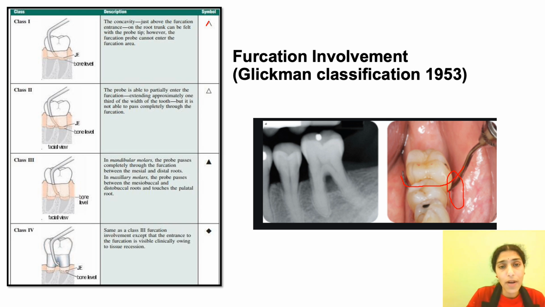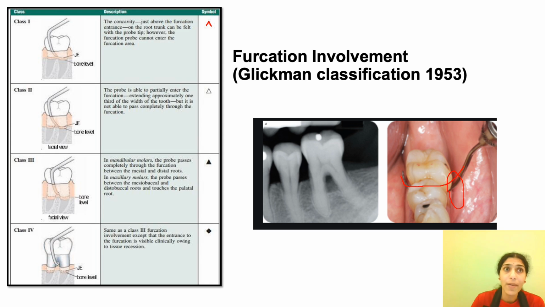These are the symbols of how to indicate the furcation involvement in periodontal charting. Next I will be discussing periodontal charting, and these are the symbols that are used to indicate the presence of furcation involvement and the degree of the furcation involvement. If it is only an angle symbol, then it is grade 1, and a triangle is grade 2 or class 2 furcation involvement. And in the mandibular molars, whenever the probe passes through and through, it is indicated with a shaded triangle, that is grade 3 or class 3 furcation involvement.